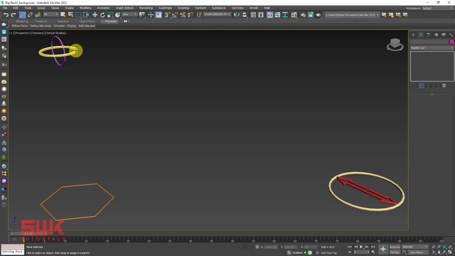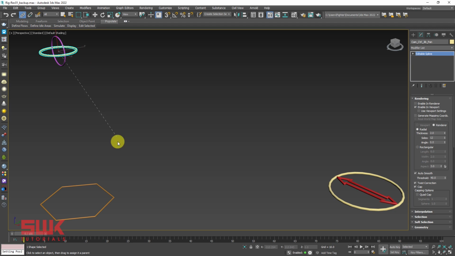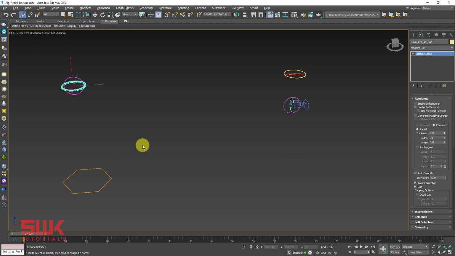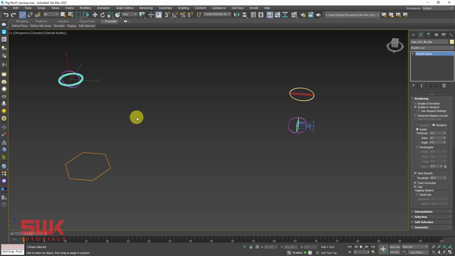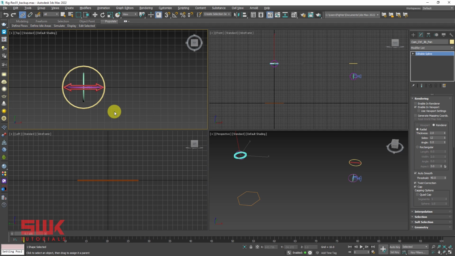Now, left click on the pan control and drag it all the way to the main control. Now our linking part is complete, but there is one thing left. We haven't connected both of them. For now, just check your controllers. Are they all working perfectly?